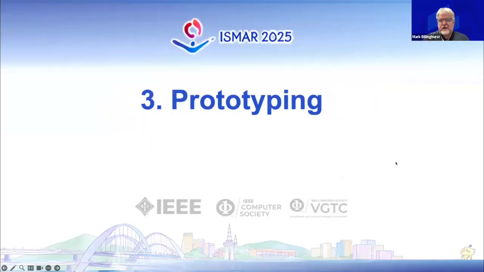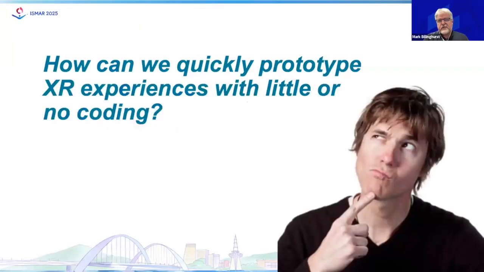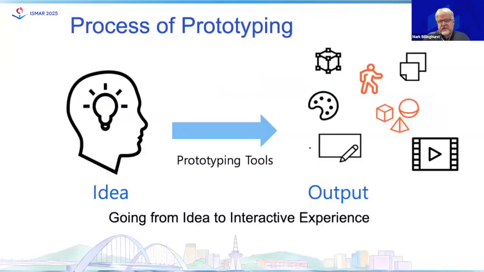So we can talk about prototyping now, which is the third part of the interaction design cycle, very important. And prototyping is about how we can take the ideas that you've just designed and make them real. So the big question is, how can we prototype XR experiences with little or no coding? And the process of prototyping is really about going from an idea to some sort of tangible output. It could be a video, a sketch, a working application, a 3D model, or something else that provides some idea